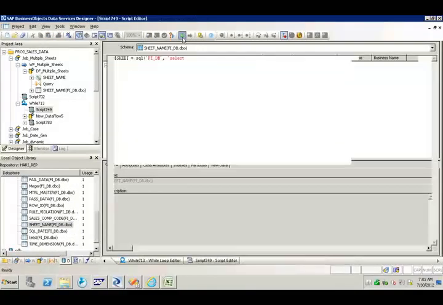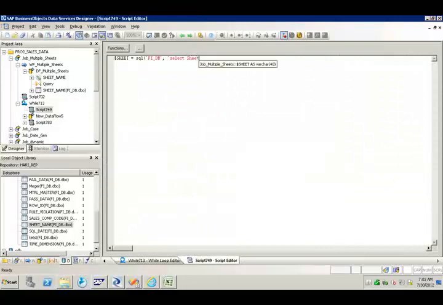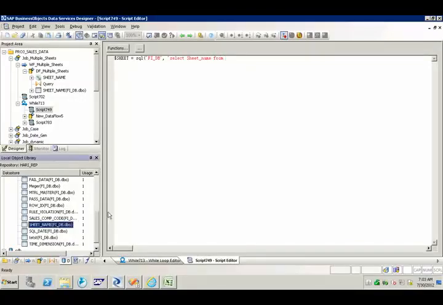Sheet name. Select sheet_name from this one, where row_id is equal to $row ID.